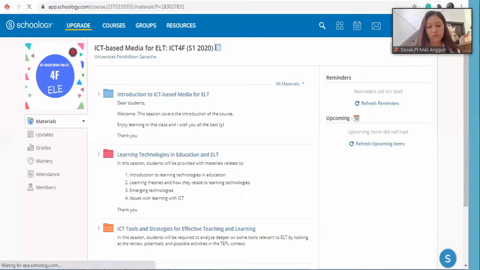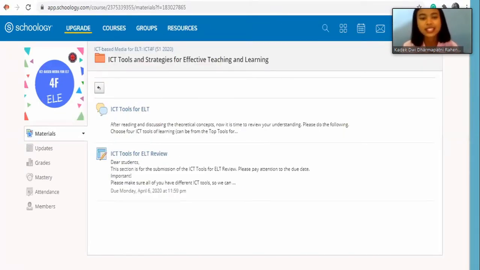Okay, this is an example of a lesson that was also created by one of my lecturers. Here, the lecturer already arranged the lesson in some folders to facilitate students' learning. Okay, in the next slide. Okay, this is the second example: if you click the folder in the previous slide, you will be led to this section that leads you to more specific material or tasks. Okay, next slide.